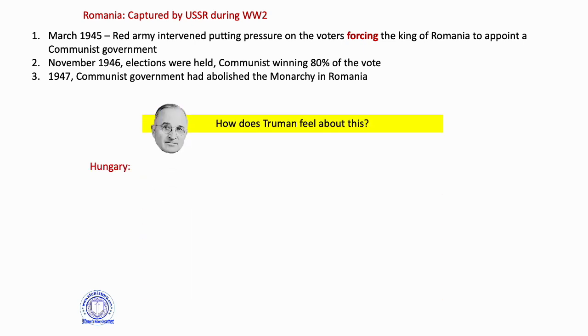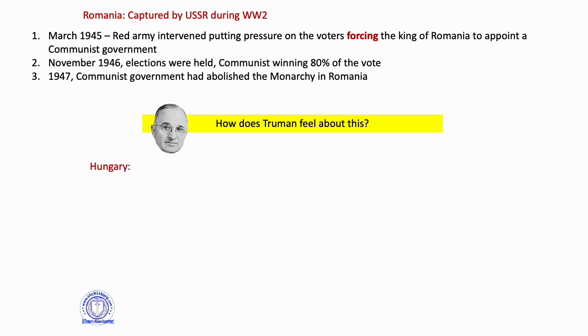So think about it for the first time as we go through this story. How does Truman feel about this? That's the second country, Poland and Romania. Definitely some Soviet influence. So maybe write a little answer somewhere in your book or however you're doing your notes on this, how Truman is feeling.